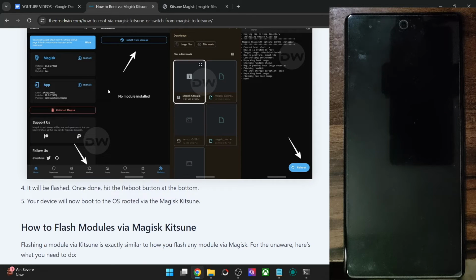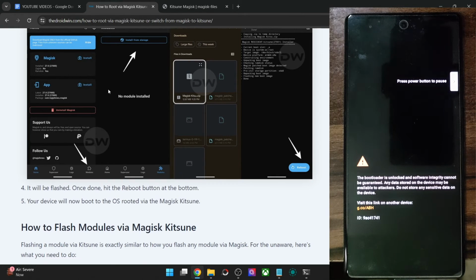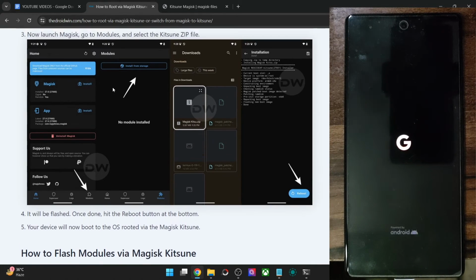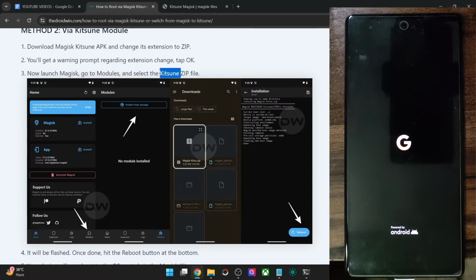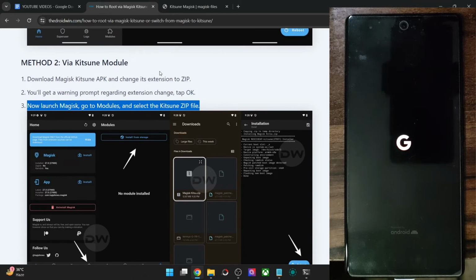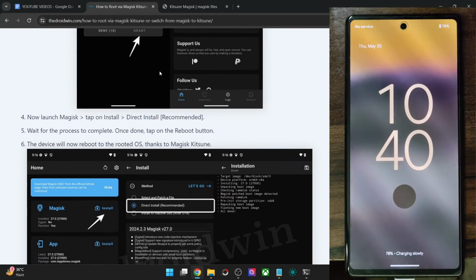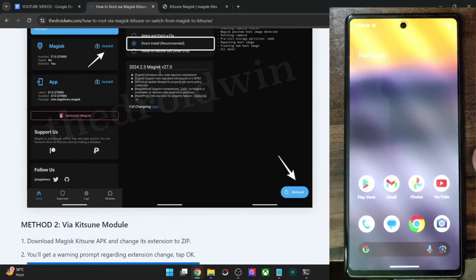The Kitsune app might also ask to install an additional dependency. That's completely normal. So let's just wait for the time frame, and then we will proceed ahead and verify the result as well, which will take just a few seconds. So let's just wait and then we will verify the result. And this process is also easy, but it involves renaming the APK file, whereas the direct install does not require anything as such. You could simply launch it and do a direct install. Anyways, with that said,